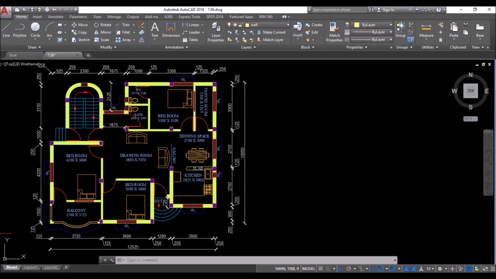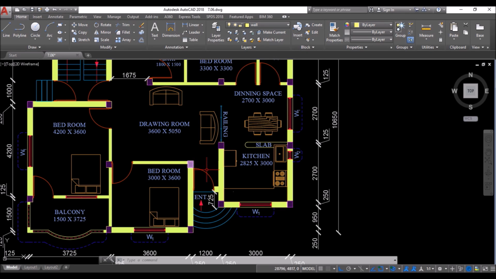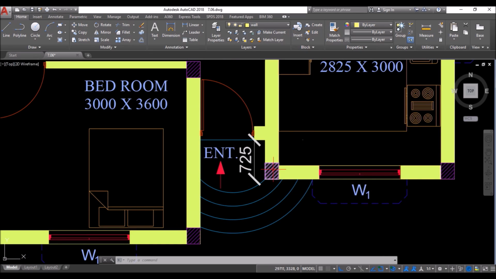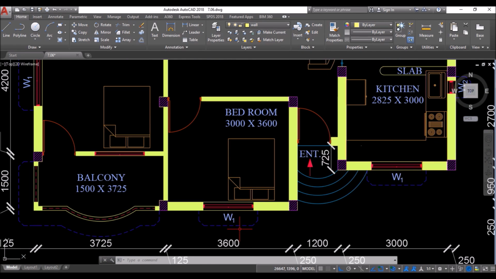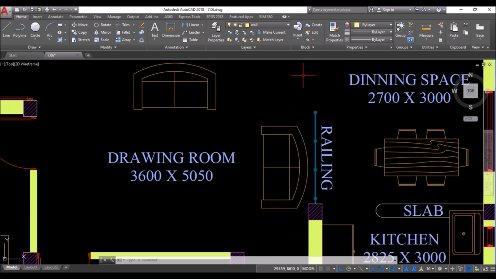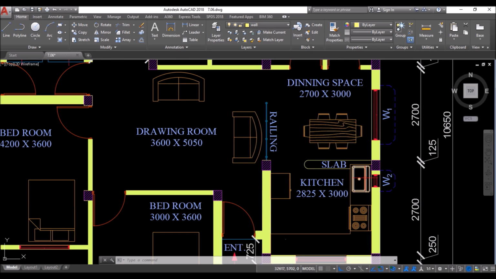This is Jitavo. In this tutorial, we will thoroughly learn how we can create a simple house plan in AutoCAD with every minute detail. At first, we will draw the walls, then the columns, then we will proceed with the doors, windows and the chargers. Then I'll show you from where you can get these blocks and add them.